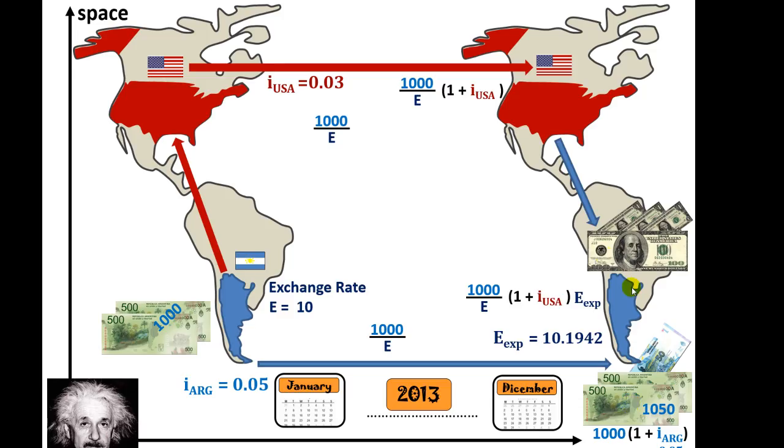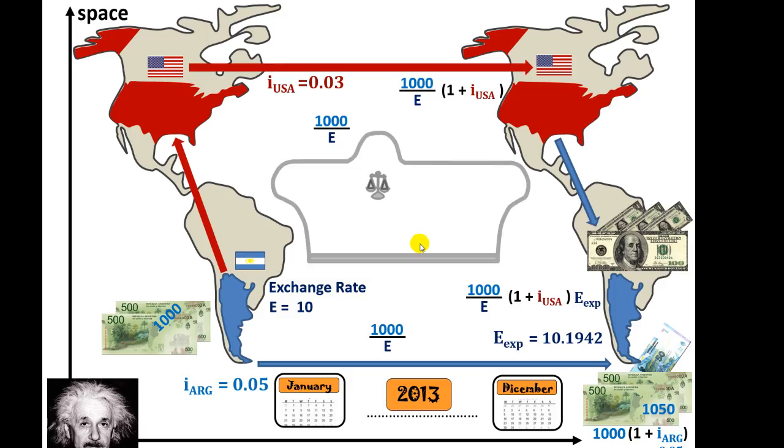So we multiply $103 times this, and then we get 1,050 pesos. So with these values, it is the same thing to travel just in time, or to travel in space to America, then in time, and then back to Argentina, assuming that all of the trips are for free. So if this is the case, then we say that the foreign exchange market is in equilibrium,